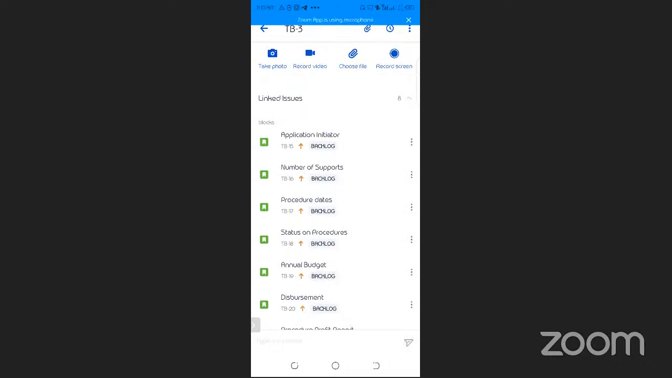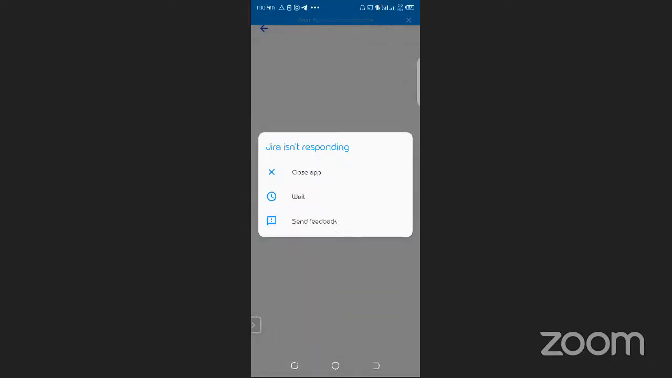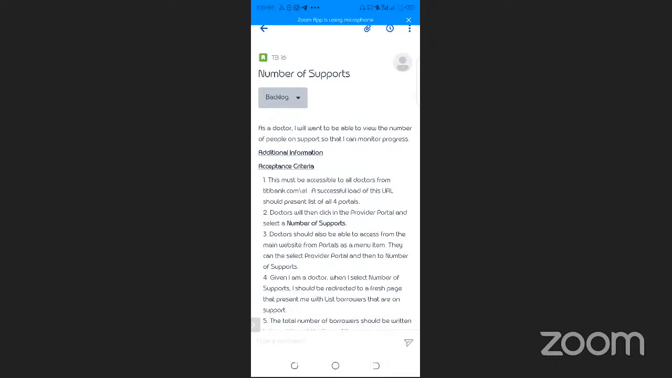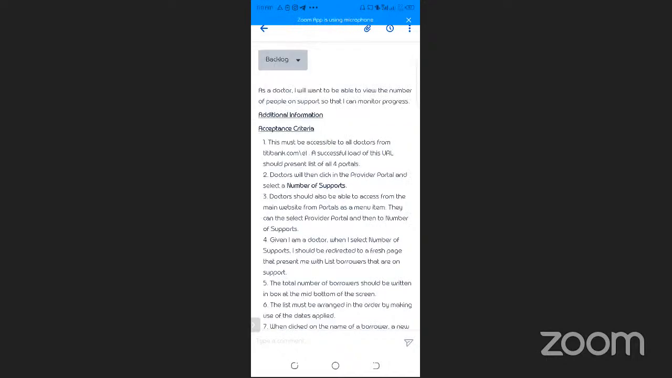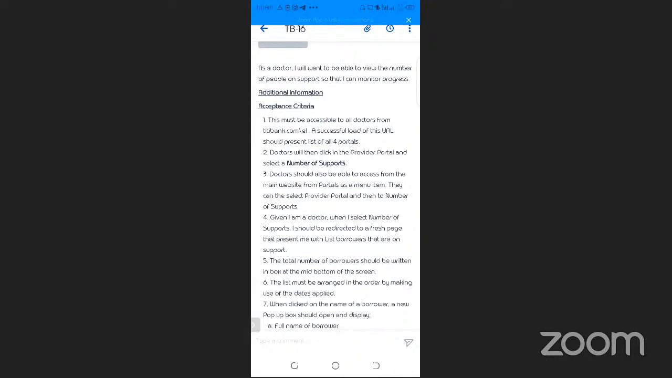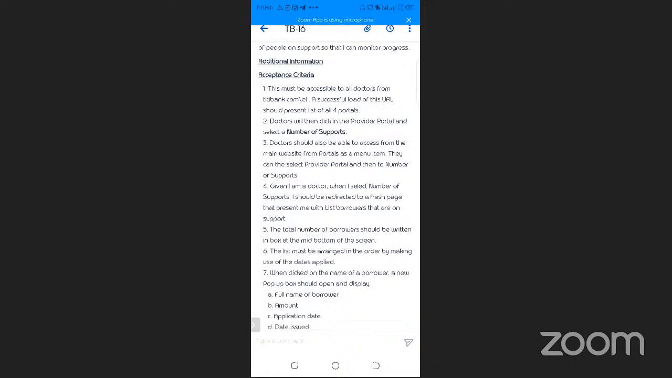Okay, good. The next story is number on support. Okay, and then that also, as a story, says, as a doctor, I want to be able to view the number of people on support so that I can monitor progress. The acceptance criteria, accessing it from ttbank.com/el, and then also from the portal menu, the fourth